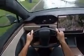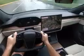Just taking a quick evening cruise in my brand new 2021 Tesla Model S long range, which is not the Plaid that you've been hearing all about in the news. This is the new base model Model S, which starts at $79,000 and some change. This one, after options, came out to about $90,000,